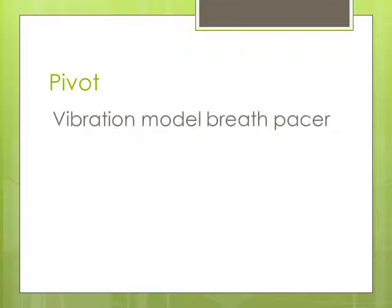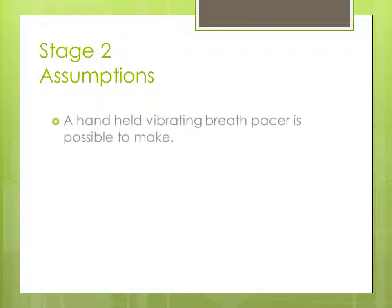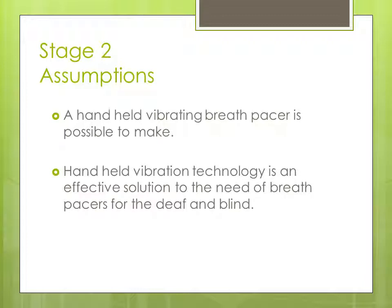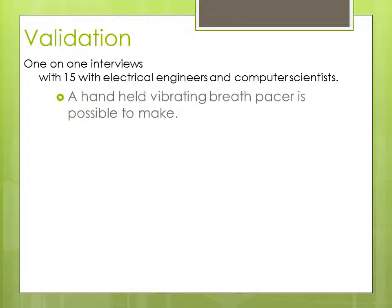We then went on and made our first pivot. We switched to a vibration model breath pacer. So then Katie had new assumptions to test, that this type of pacer was possible to make and that handheld vibration technology is an effective solution to the need for breath pacers. She then interviewed 15 electrical engineers and computer scientists. She found that it was possible to make, but that wearable technology in the form of a wristband would be